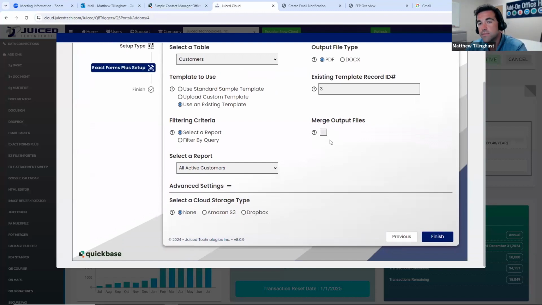And then it also gives me the option here to merge output files. So as I mentioned, you can take all now 15 of those records and merge them into one output document, but you don't have to. It's still going to generate one individual file per record for each one of these. I'm going to check it just so we have that field created because we may want to show you guys